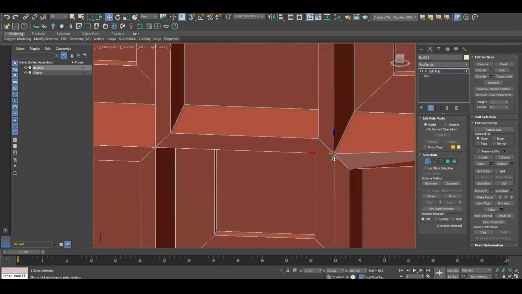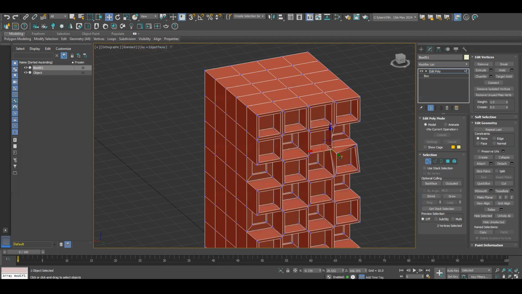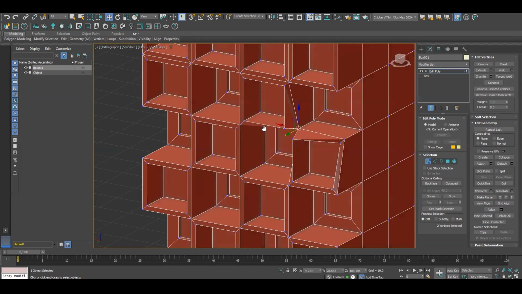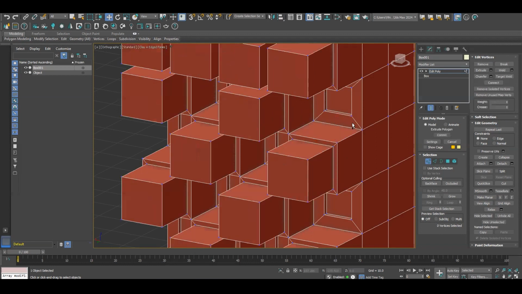So we can start to manipulate how the facade is going to look, but it's not going to work because each one of these is touching the other balcony. They share the same polygon. So what we can do is